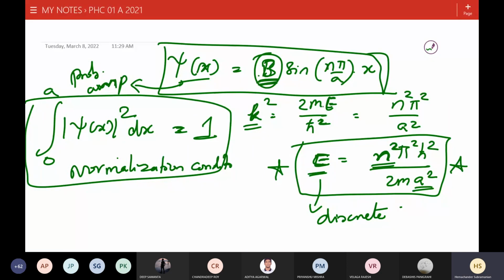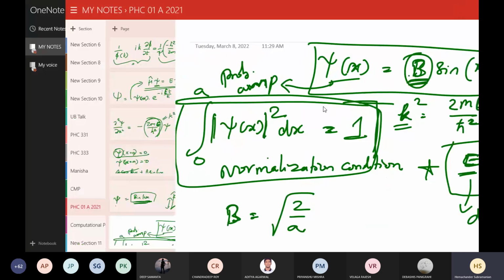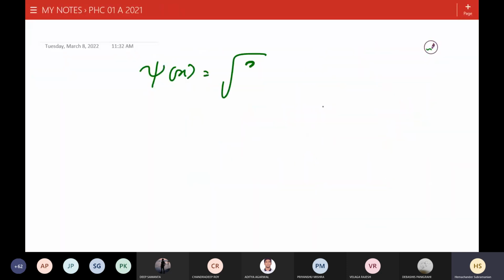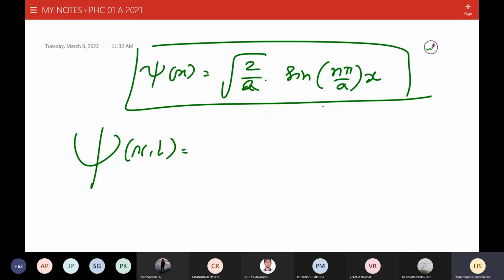Any wave function that you are going to derive for any potential has to satisfy this condition. All right, so now if you do this, you are going to evaluate B as the square root of 2 over a. I'm not going to do that, but B is the square root of 2 over a. So your wave function is psi of x equals square root of 2 over a times sine(n pi over a times x). This is your entire wave function,